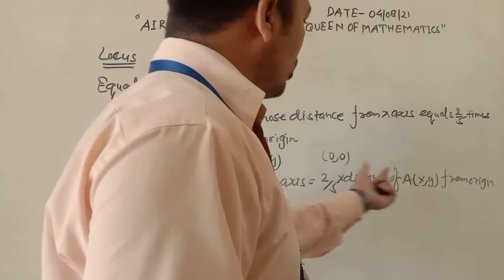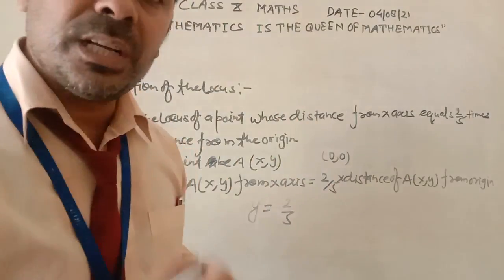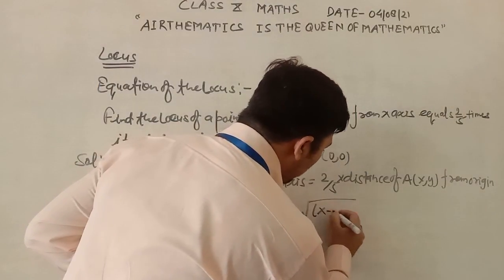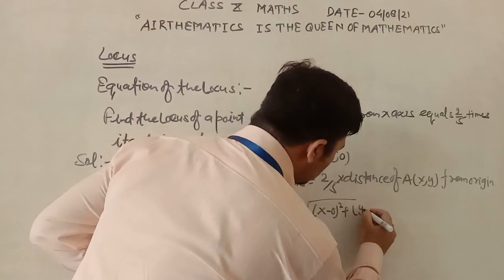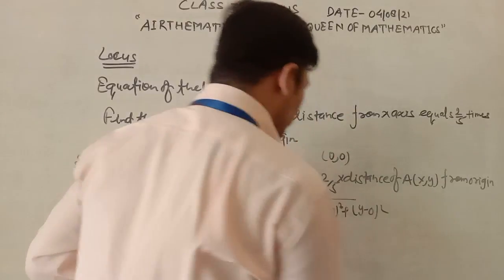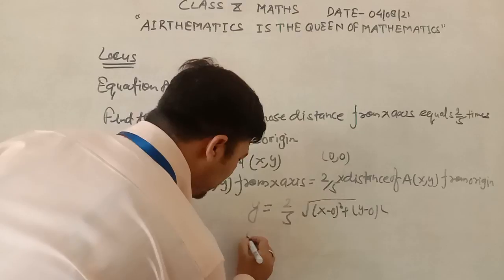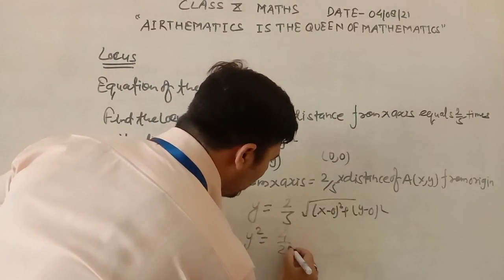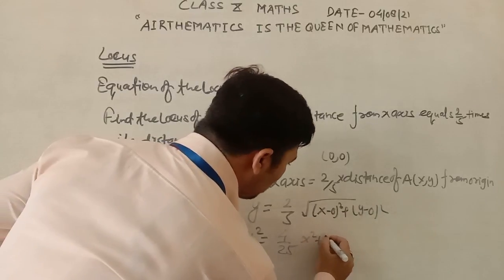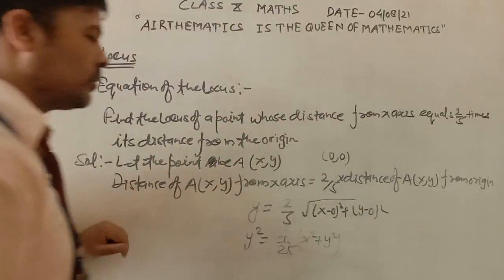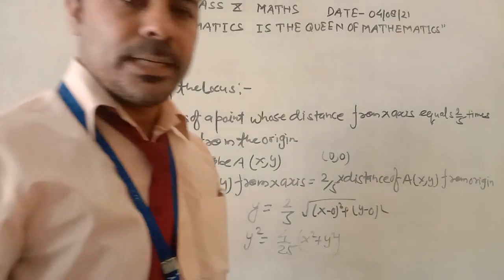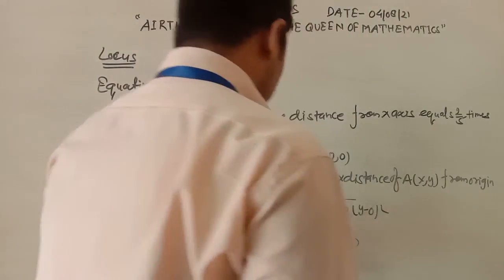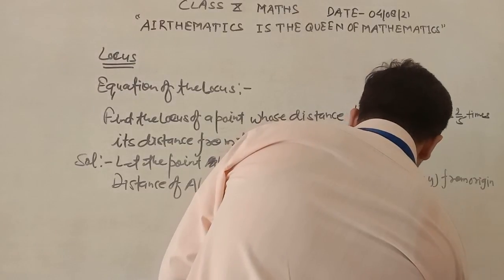The distance of 0, 0 from x, y, using the distance formula, is the square root of x minus 0 whole square plus y minus 0 whole square. Squaring both sides, you will get y square is equal to 4 upon 25 times x square plus y square, which implies 25